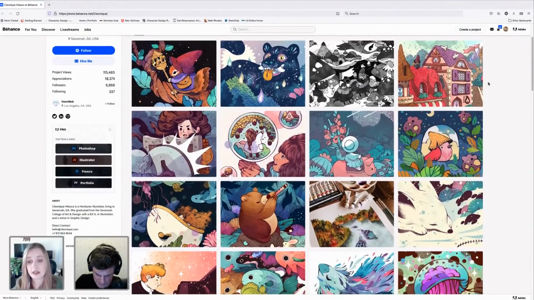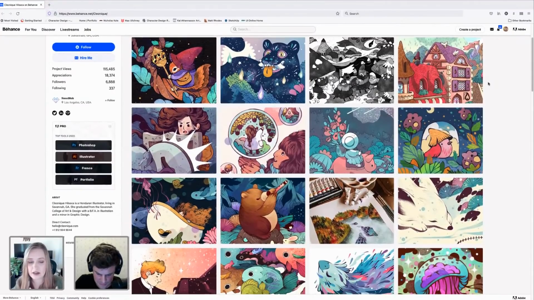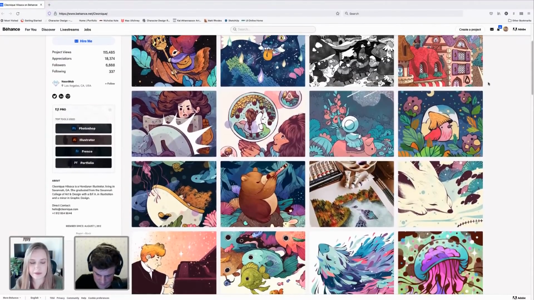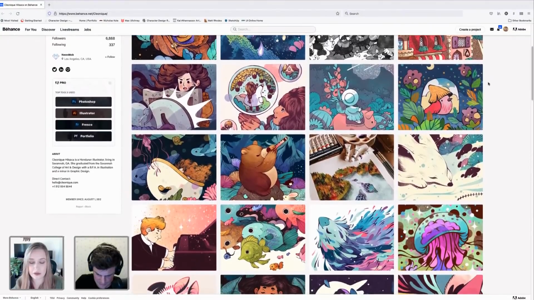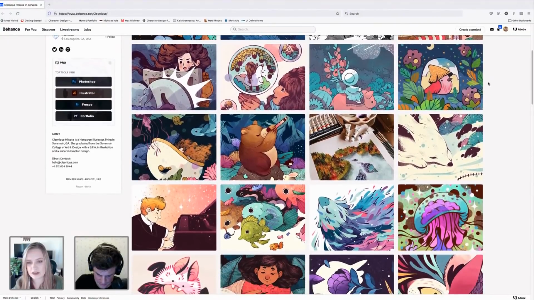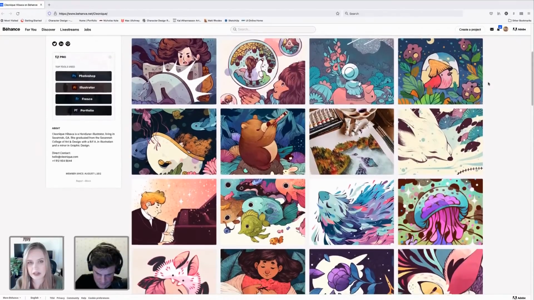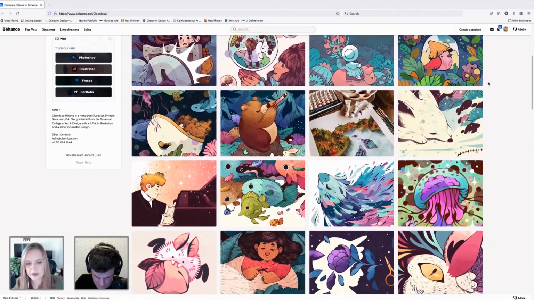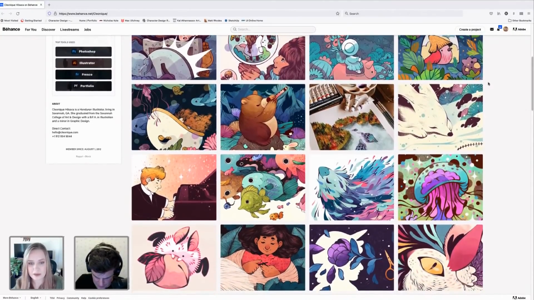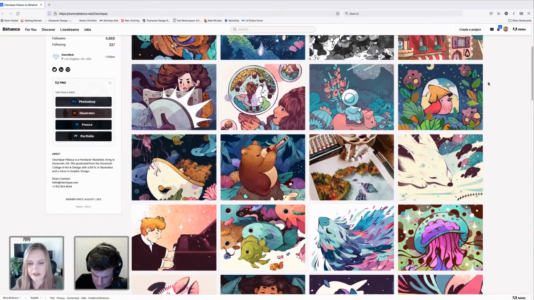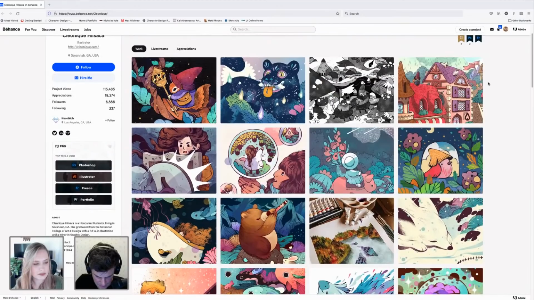I personally really love the consistency of the color palette. That is my immediate first reaction to their portfolio, and their character designs are just so lovely. If there's any pieces that jump out to you, Chris, we can click on those and dive in and check them out in detail.